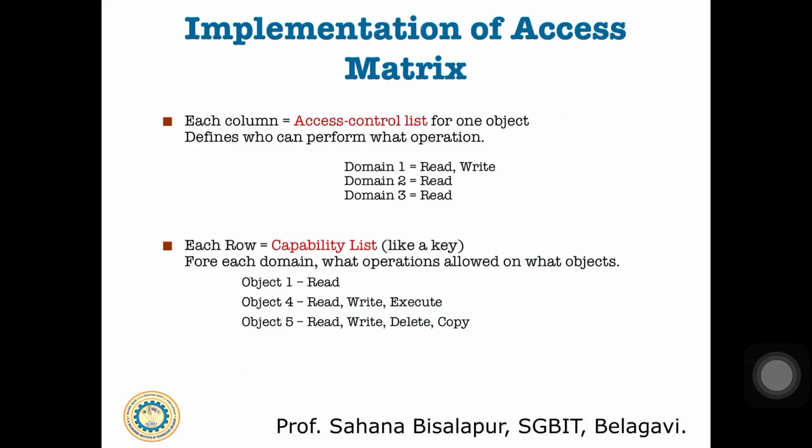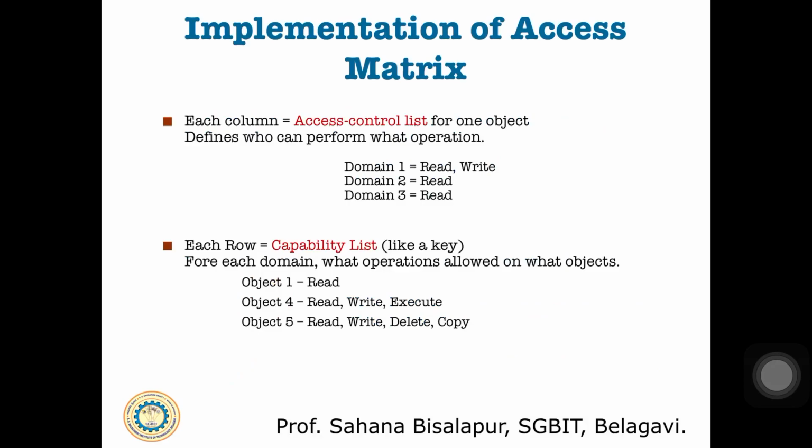So now if you are trying to perform a write operation, as you can see here, domains 2 and 3 have only read rights on object file 123. So you are now trying to write something into that file. What happens here is the list will be checked first. In that list we don't have the write operation listed, so you are not allowed to perform this operation, and obviously an exception condition occurs where you are not supposed to write anything into that particular file. So this is about the access control list.